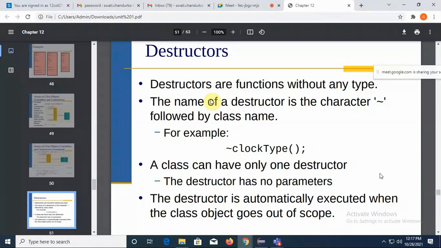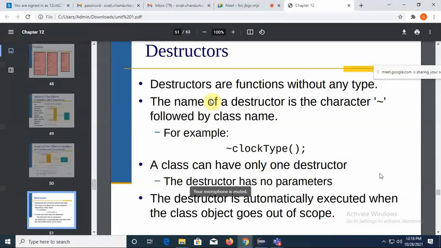You have to type that symbol and then the class name, opening and closing parenthesis. That's it. So once you write it explicitly, it will give a call to your destructor. So destructors are functions without any type. The name of the destructor is the class name preceded by the tilde symbol.